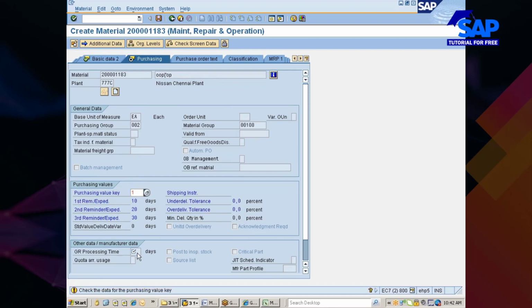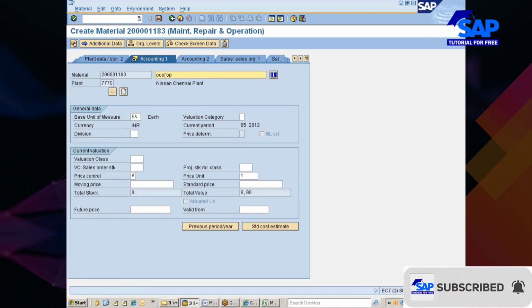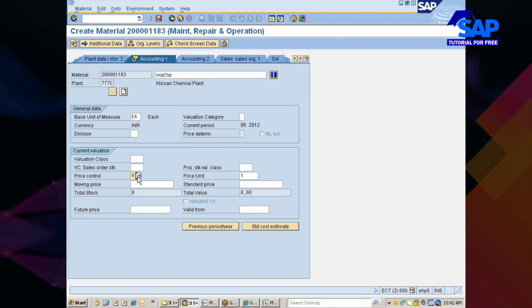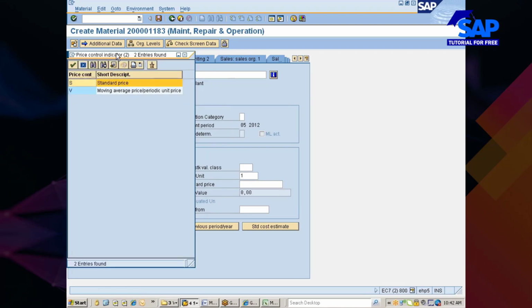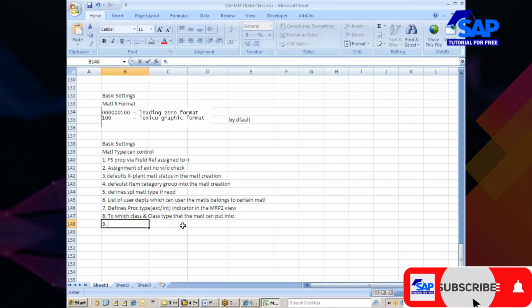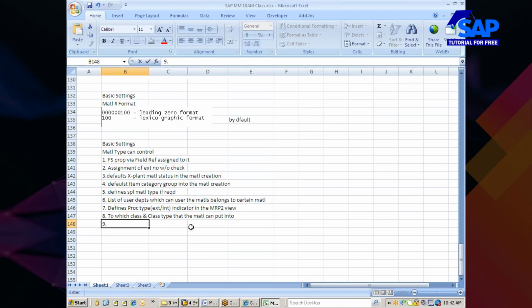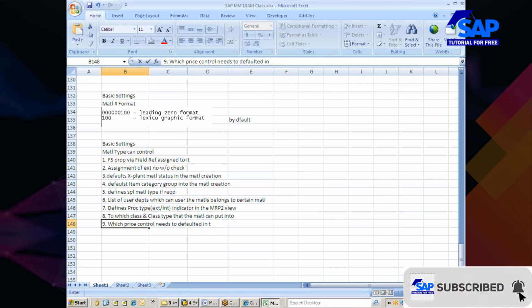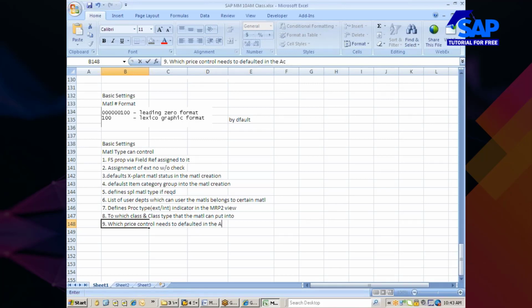When you are in the accounting view, you see here price control V or price control S. There are two types of price controls possible. Which price control needs to be defaulted? So it controls which price control needs to be defaulted in the accounting view.